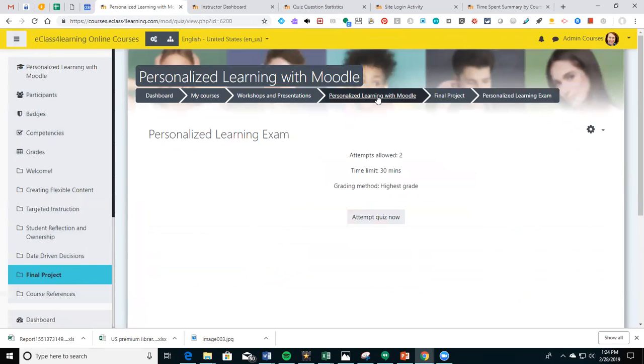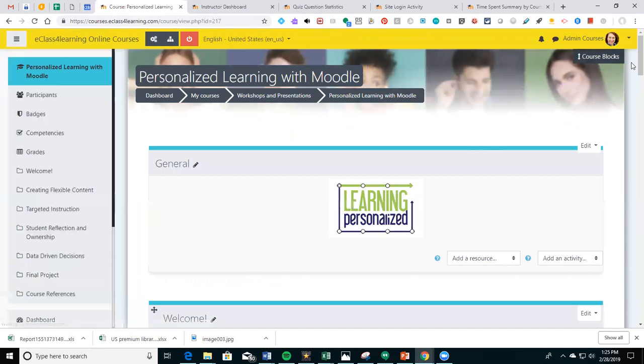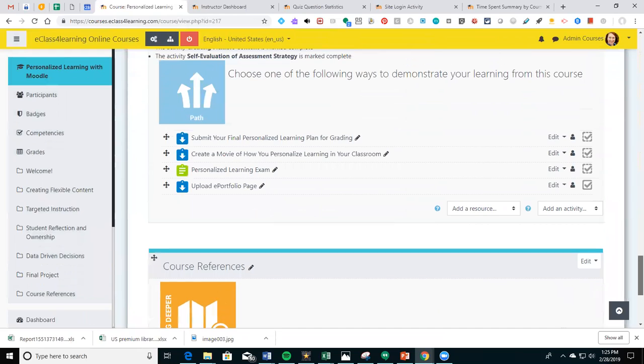Okay, back into here. Let's talk about uploading an ePortfolio page. So later, I'll show you the link. Mahara is an ePortfolio product that's open source and free, and it works with Moodle. And I like Mahara. We'll talk a little bit about why I like it later. But I'm also letting them submit an ePortfolio page where they took artifacts from their ePortfolio and they're going to